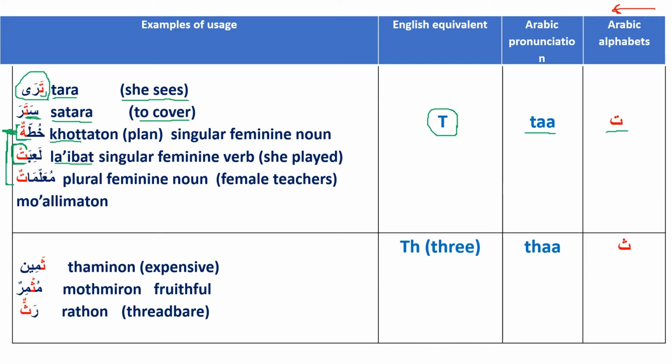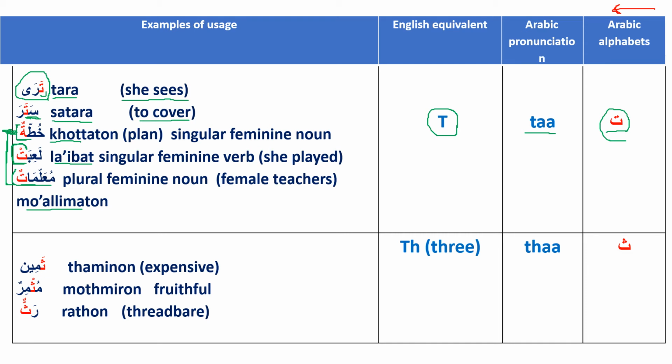Great. The third word is this one, muallimatun, which means plural feminine noun, female teachers. In Arabic, there is this distinction between feminine and masculine in plural and in singular. So when you write a feminine word or noun in plural, ta is written at the end like this, just as we have here in the original. Great. Now let's move to